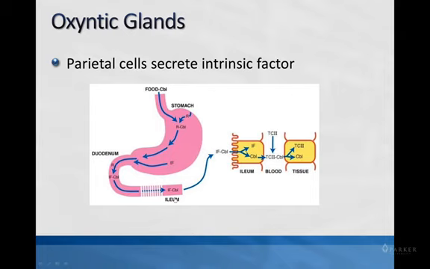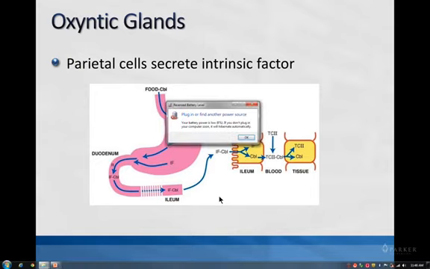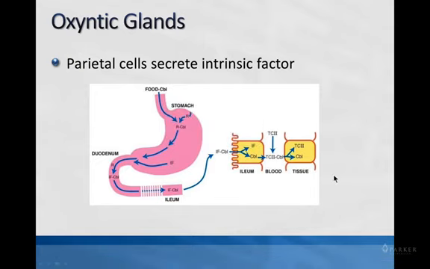Now in the ileum, this is where you'll absorb it. So what intrinsic factor does for you is it aids in the absorption of B12 in the ileum. Intrinsic factor is that one absolutely necessary secretion that we have from the stomach. You absolutely have to have that in order for life, because it aids in the absorption of B12. Now B12 is needed for red blood cell production. That's why if